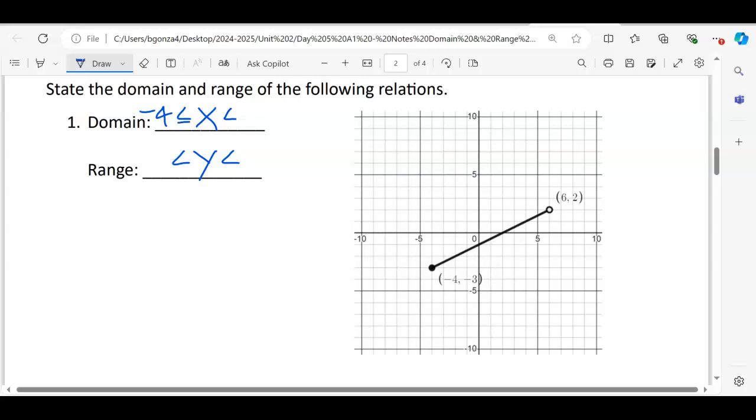Go to the far right. What's the x value right here? Look straight on the x-axis, and that is 6. It's an open circle, so I'm going to leave it not underlined. That's domain. Okay? Now, for range, again, we're using